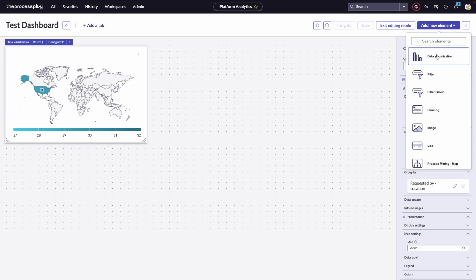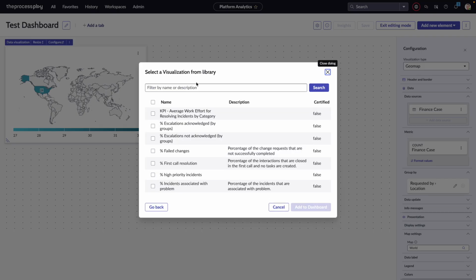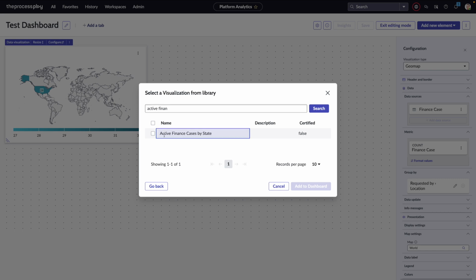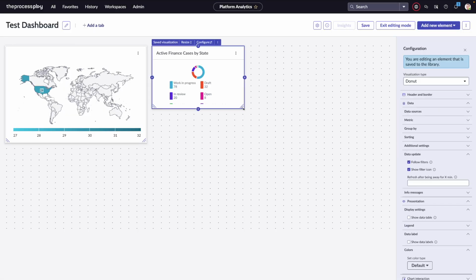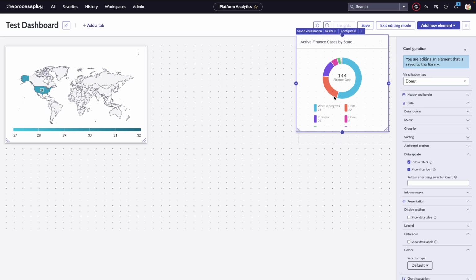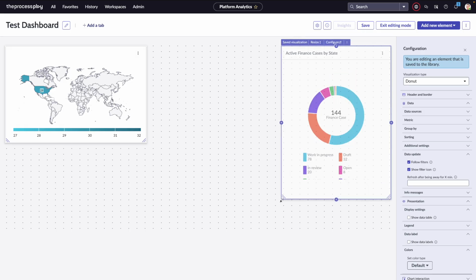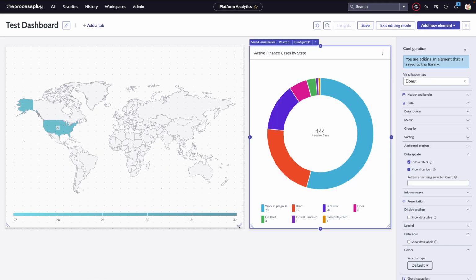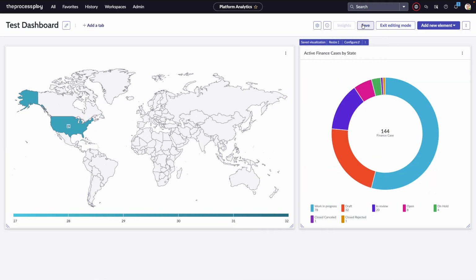If I click on data visualization, I'm going to say visualization, and then we search for what we did before. So active finance cases by state. There we go. Click that, add to dashboard, and you will see that the report that we've just created with all the settings has pulled through automatically. So as you can see, when it comes to the editing side of things, this is all drag and drop. If I wanted to move this over here, or change the size of this and make this map report a bit bigger as well,